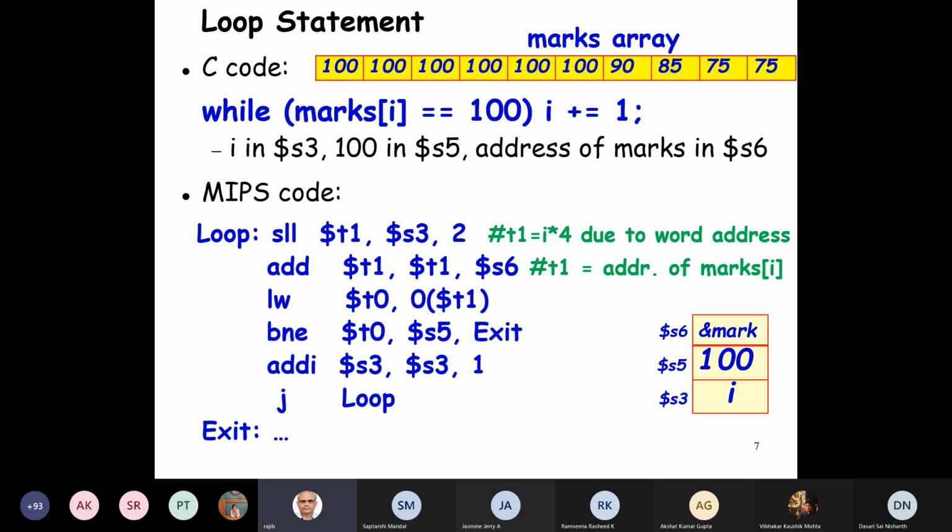And just see here, the load word is taking byte address. That's why we had to multiply by 4. And here we get what was stored in the array into T0.